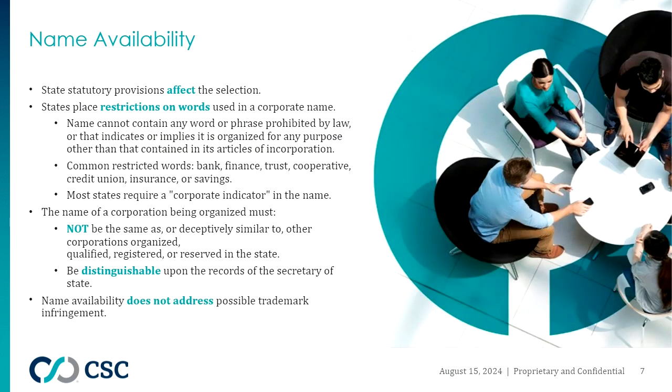On this slide, you can see the different explanations of restricted words and words that would require department consent, like bank, trust, insurance, credit union. For Delaware, any name that's using a derivative of the word bank would need bank commissioner approval, which is a form that can be sent with the formation document. CSC submits that to the state, and then the state will send that to the bank commissioner's office. However, in New York, the clients do have to speak directly with the different departments to obtain the consent in order to use the name.